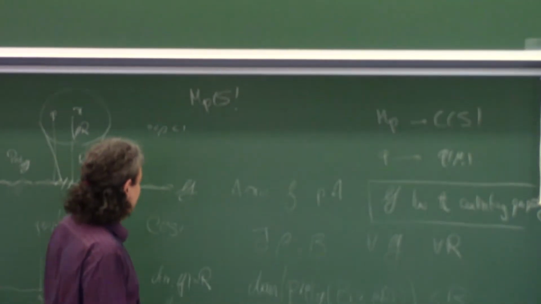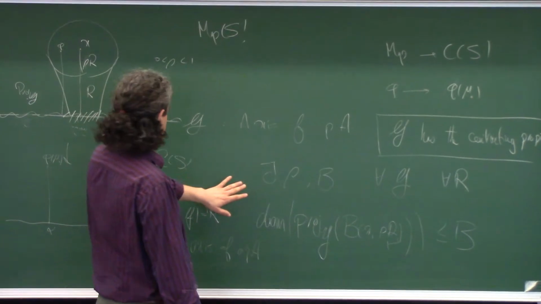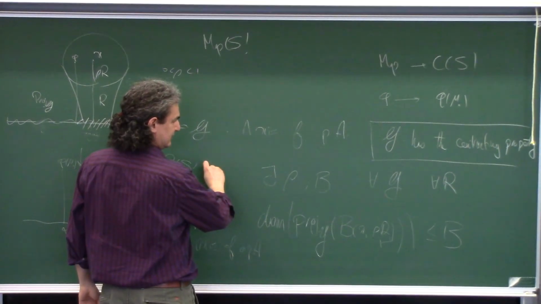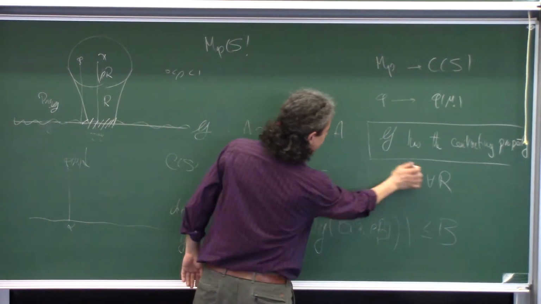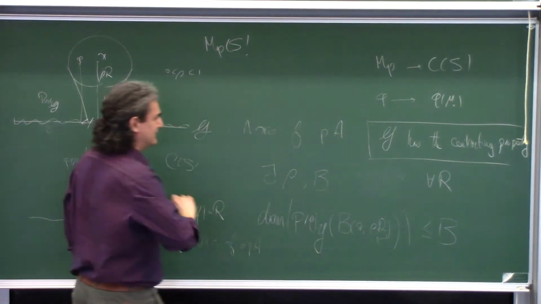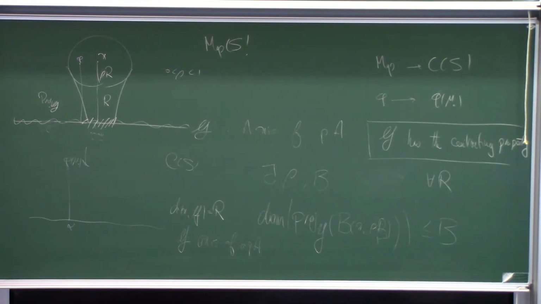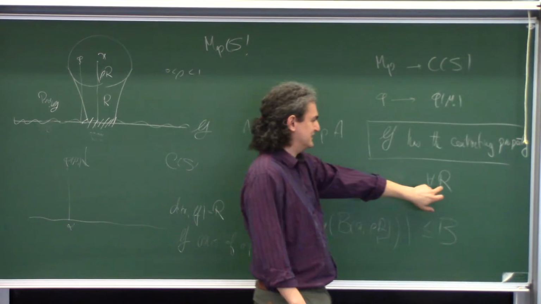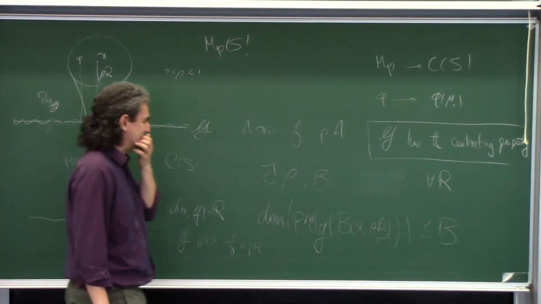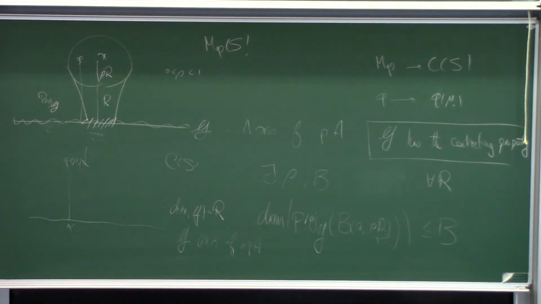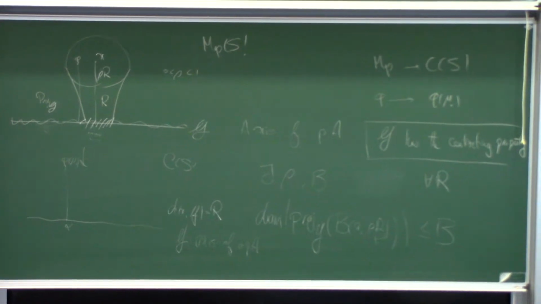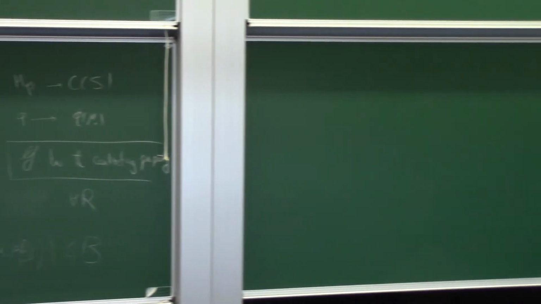So G has the contracting property if there are constants such that for every R, the statement holds. So R is the enemy. But you're not asking for uniformity. Not uniform, that's right. Just one is enough. If you want to get a strictly lower growth, you just need some constants to work for somebody. And you get that.